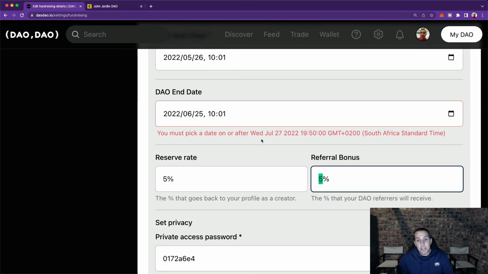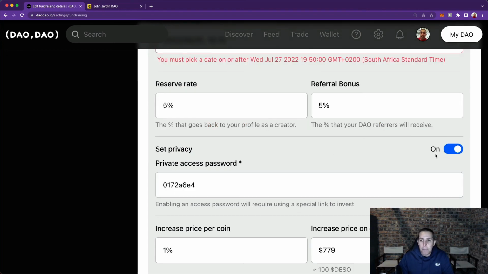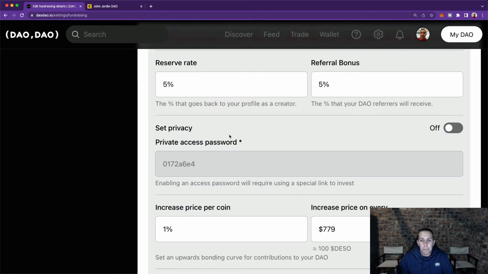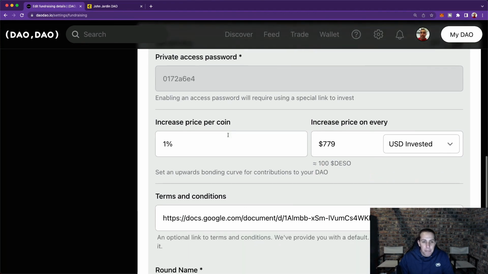The referral bonus is also fantastic. If people purchase DAO coins, but they were referred to your DAO via someone else's referral link, then what happens is when that round closes, before you get the monies for that DAO, 5% of the monies generated will be split between those who referred individuals to the DAO. So that's pretty cool. I had this on for a while because I didn't want people messing around and I didn't want to mislead anyone. So I made my DAO password protected. So if they tried to access my DAO, they wouldn't be able to access it.